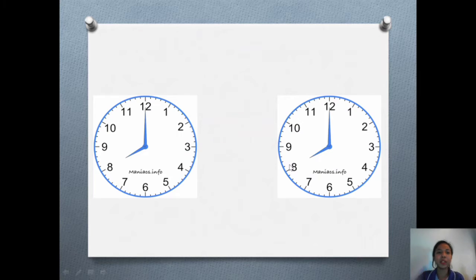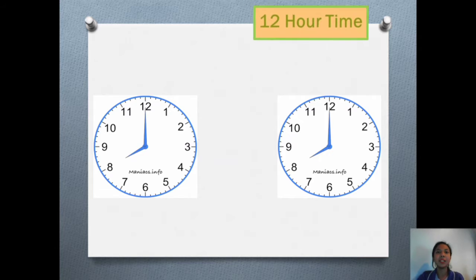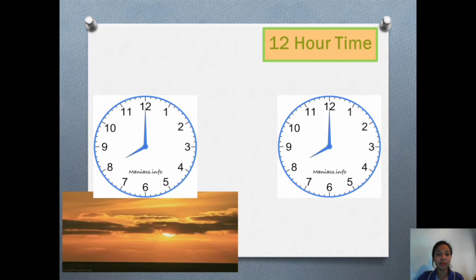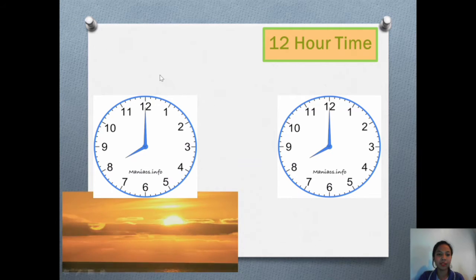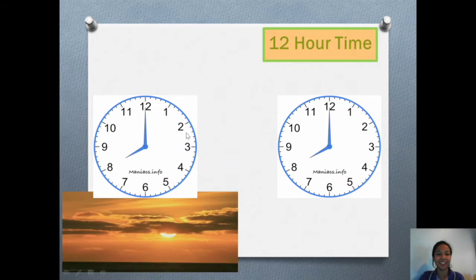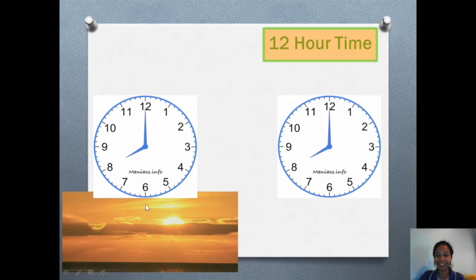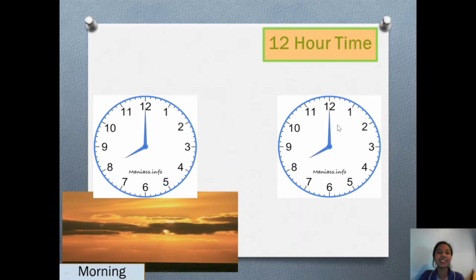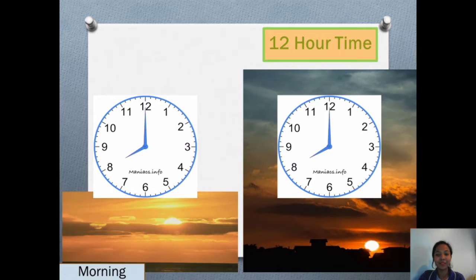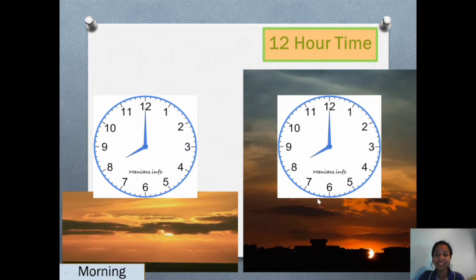So, I have here 2 clocks. I will introduce to you today the part of the topic about time: 12-hour time. So, what is this about? Before that, this part of the clock is for morning. As you can see here, the sun is rising, right? So it's morning. And then this second clock is for evening